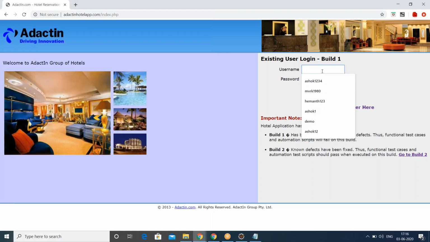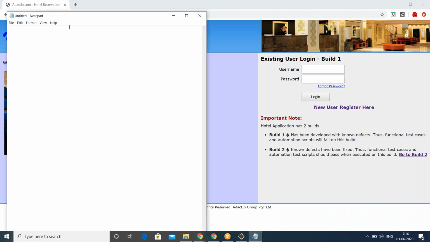Generally, in any application, these are the list of what we will call web elements, the fields or options. But in terms of Selenium, we are going to call them web elements.